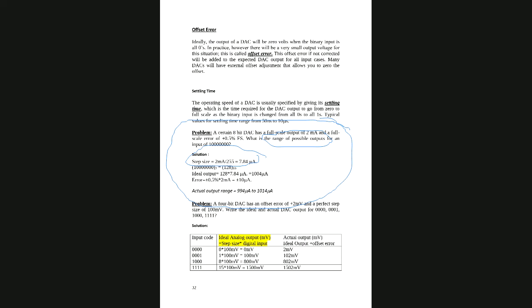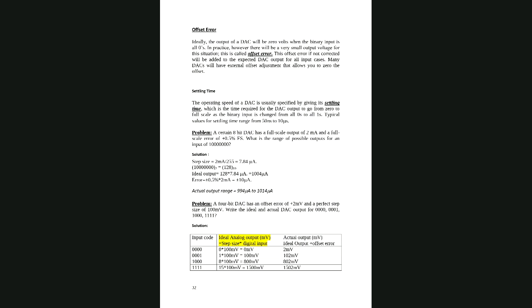So this is the way you are given the error, percentage error. From the percent error, you will first of all find the ideal output, given the conditions. How will you find the ideal output? The same way that we have done in the past 2 weeks. You will find the step size, and you will find the output, given the input. This is the same thing. Then you will calculate the full scale error, and you will find the range of the output. This is how the questions will come regarding the full scale error. Okay guys,